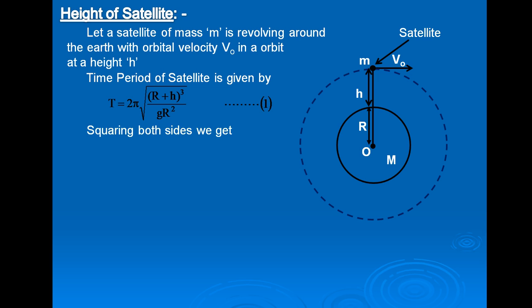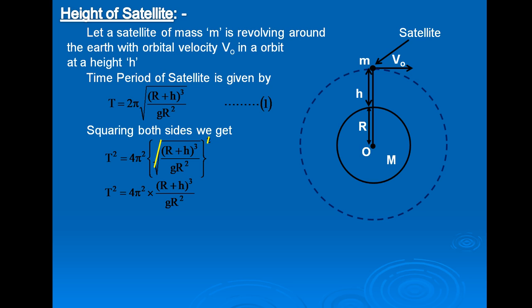Now squaring both sides to remove the square root, we get T square is equal to 4 pi square into the whole square of under root (R plus h) whole cube upon g R square. Now square and square root cancel each other. Therefore we get T square is equal to